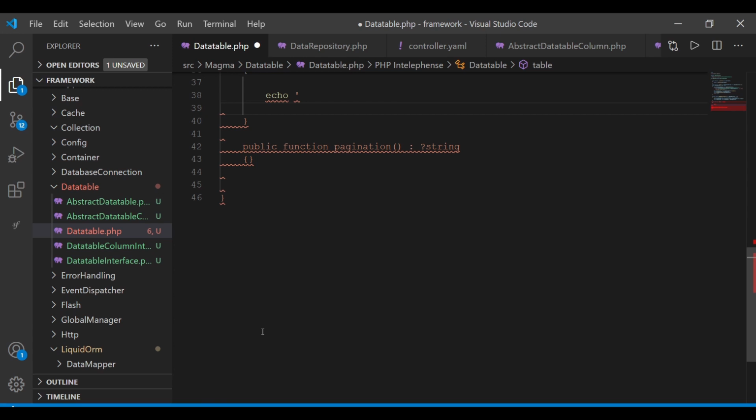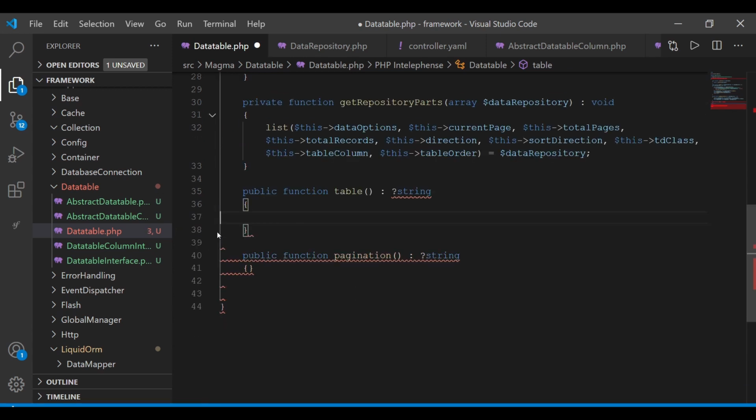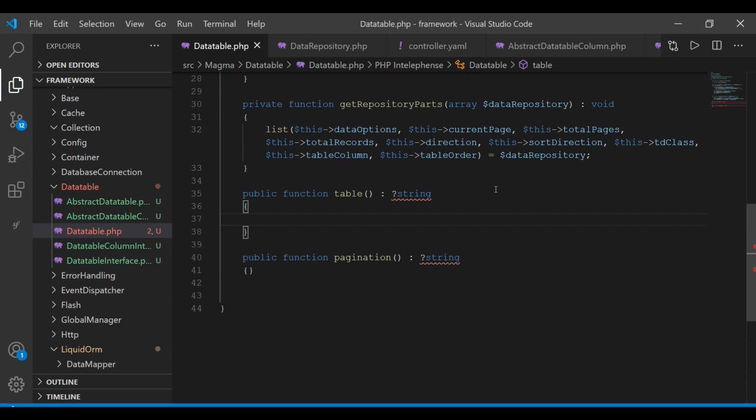Let's get rid of that, because that's what we're building right here. We're going to manipulate that HTML and put the right data in, right? But before we do that, I want to create some constants in my abstract data table class, which is this class right here,